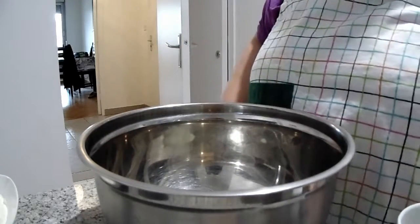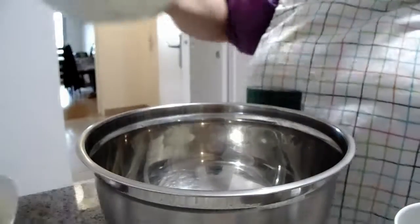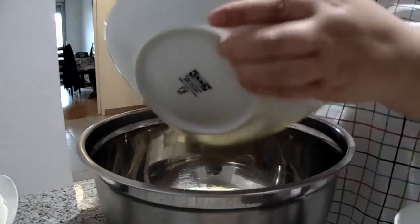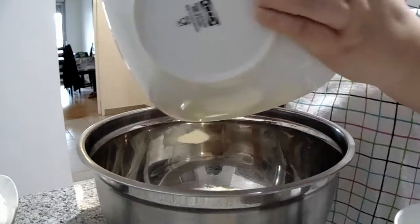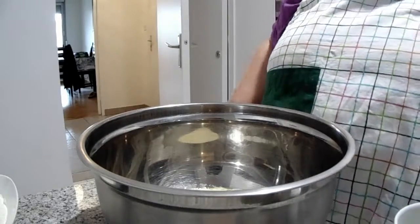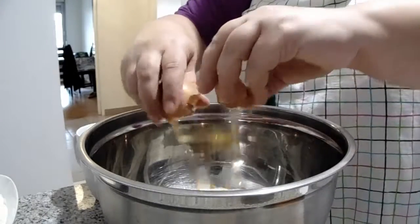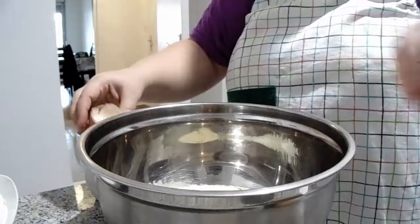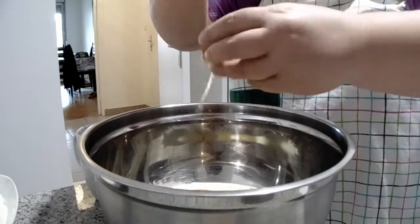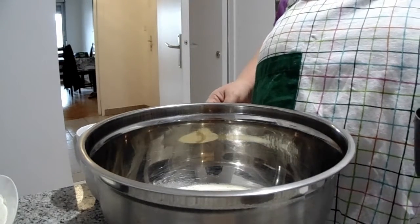Then 2 cups of brown sugar. And since I can't find brown sugar in France, I'm going to use cane sugar, which is really not as good, but it's all I can get. Then you're going to add 2 eggs. Two tablespoons of hot water,